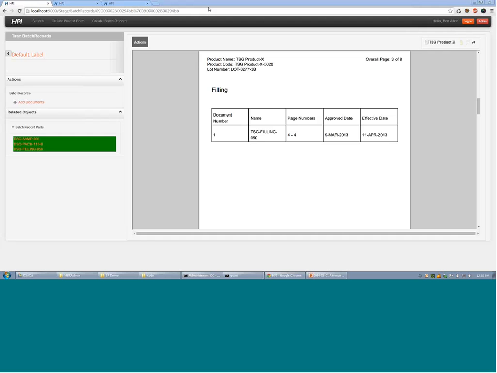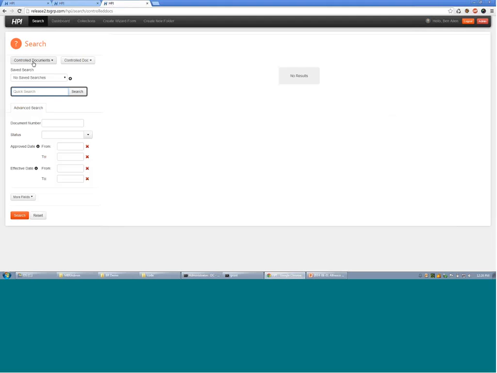So from the reporting side, now that we've collected all of this information electronically as a part of the batch record, we can report on the information that was gathered in order to gather trends or any recurring data that has been observed on the floor. Because these are documents stored in the Alfresco repository, I can configure a search to be able to search on all these documents. And when I search,